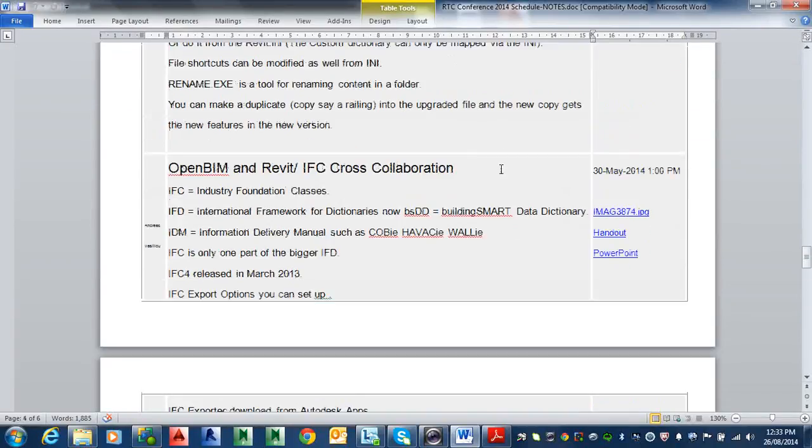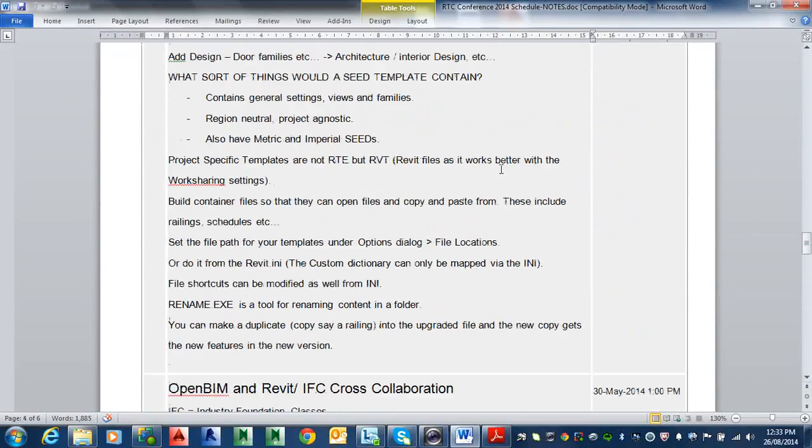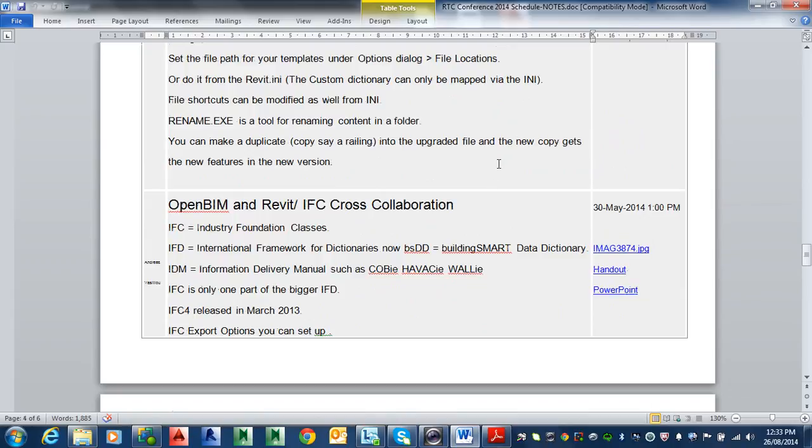All right, so we missed this one. Open BIM and Revit or IFC cross collaboration. So IFC, Industry Foundation Classes, we hear a lot of that. IFD stands for International Framework for Dictionaries, basically the buildingSMART dictionary. IDM, Information Delivery Manual, such as COBie,